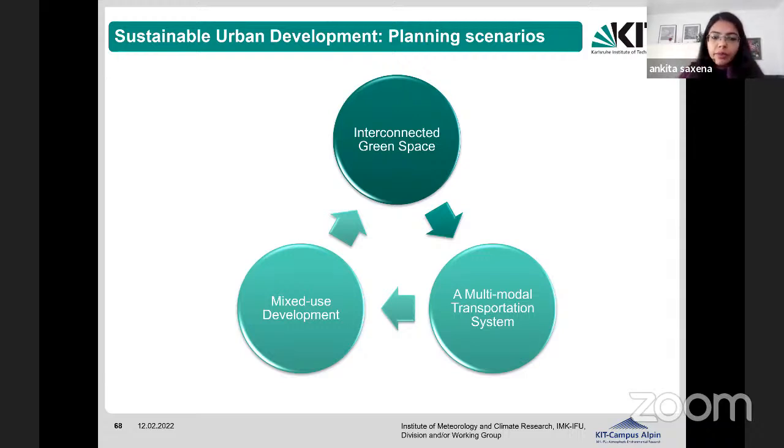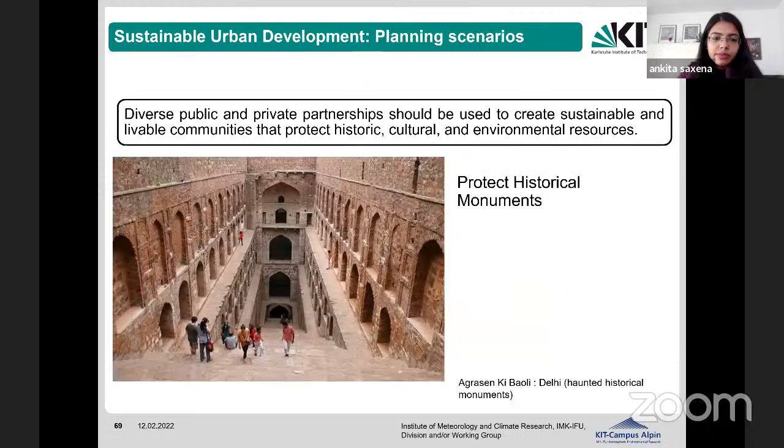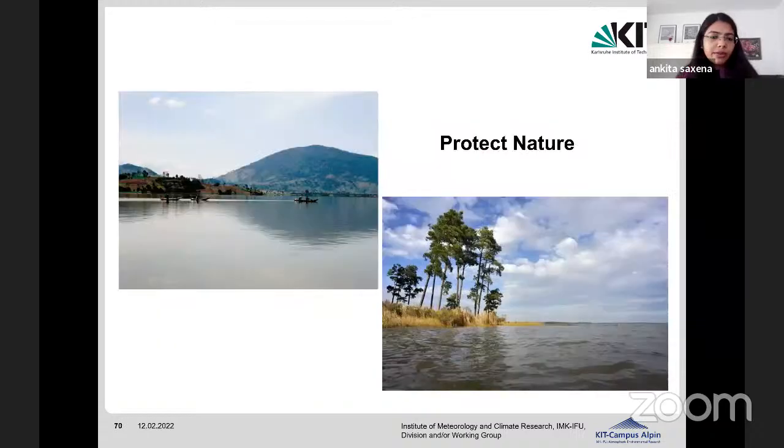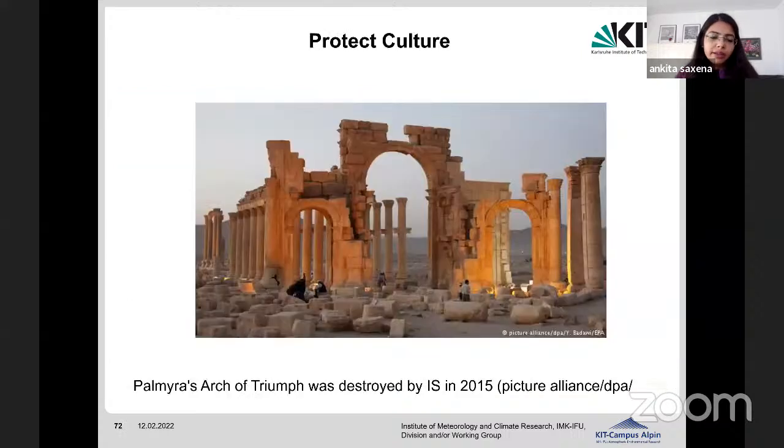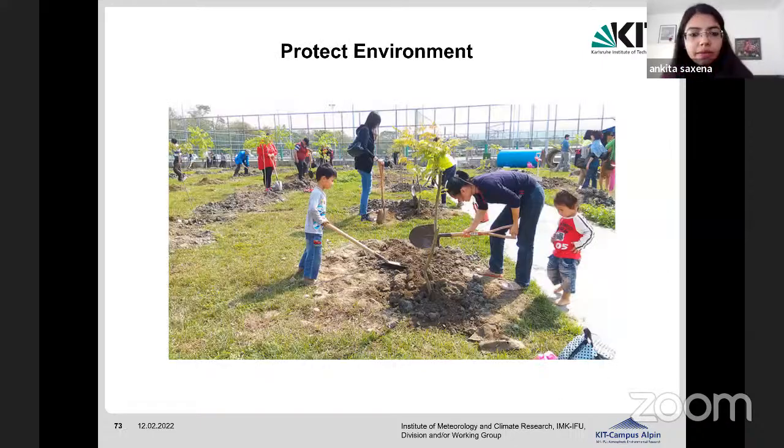And protected sites, we would like to protect our monuments, and we would like to protect our natural areas in the form of water bodies or forest or cultural heritage places, because it's required. It's a part of the social aspect. We would want to preserve those places, so definitely we should include those things in our futuristic scenarios to protect, and also to protect the environment. So this is the satellite image where we can see how